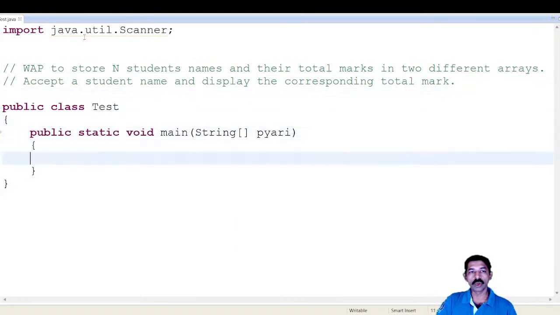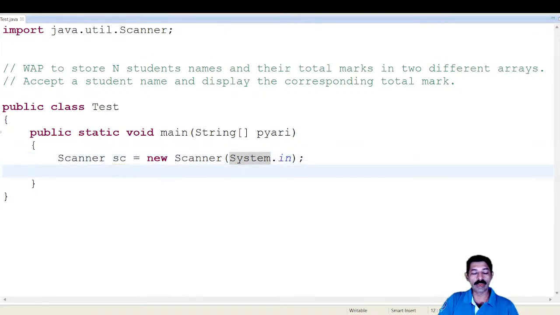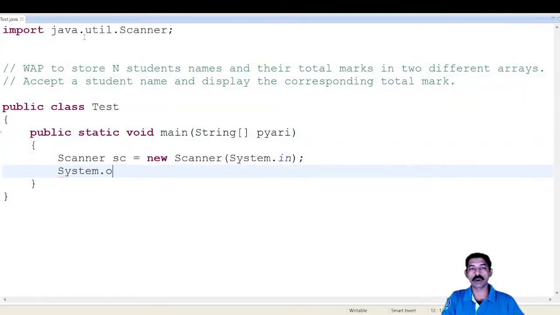Fine. So in order to accept the data, I need a Scanner class object. Scanner sc is equal to new Scanner. Now I'll use System.in. Now after that, I need to create an array of size n. So before creating an array, I should accept the value for n, because n will tell me how many students are there. So that's why my first message should be System.out.print